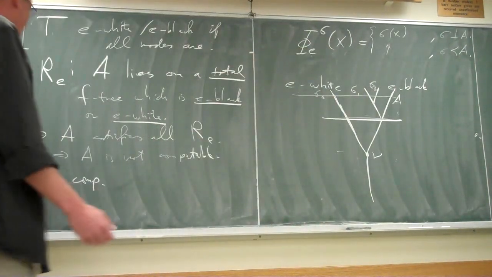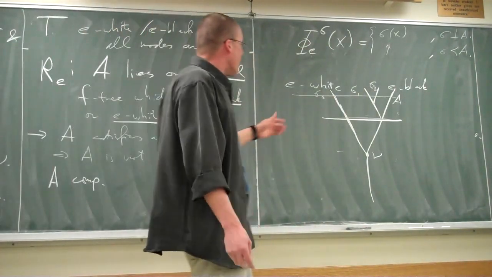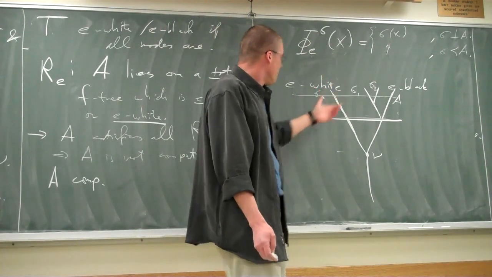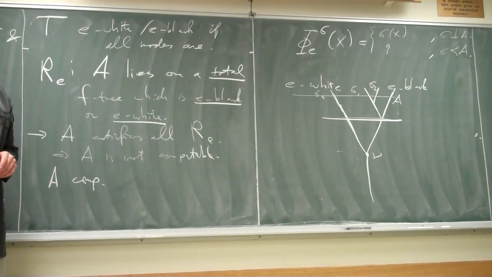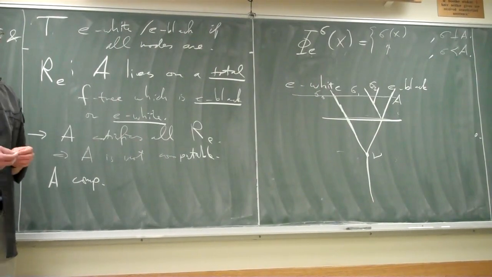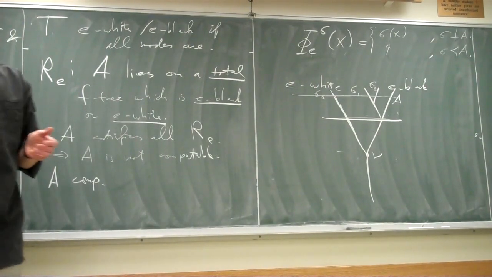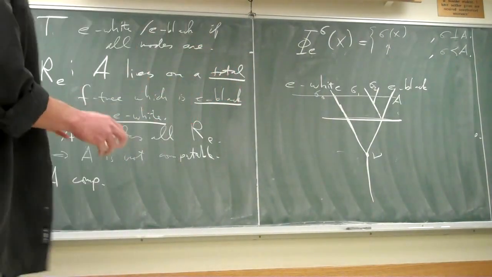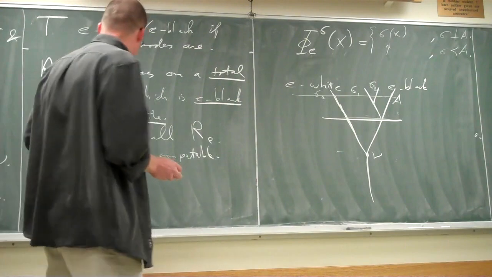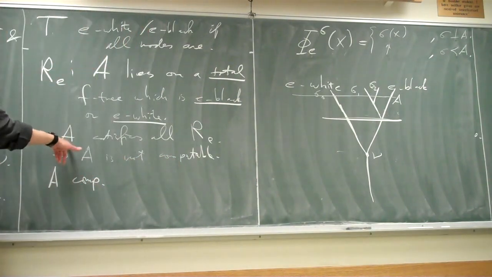I'll finish this on Friday. So now we want to see that it's not computable. Well, let's still leave the other requirement. The other requirement says that, well, first of all, how are we going to do this? First of all, we're going to show that if something is computable from this A,